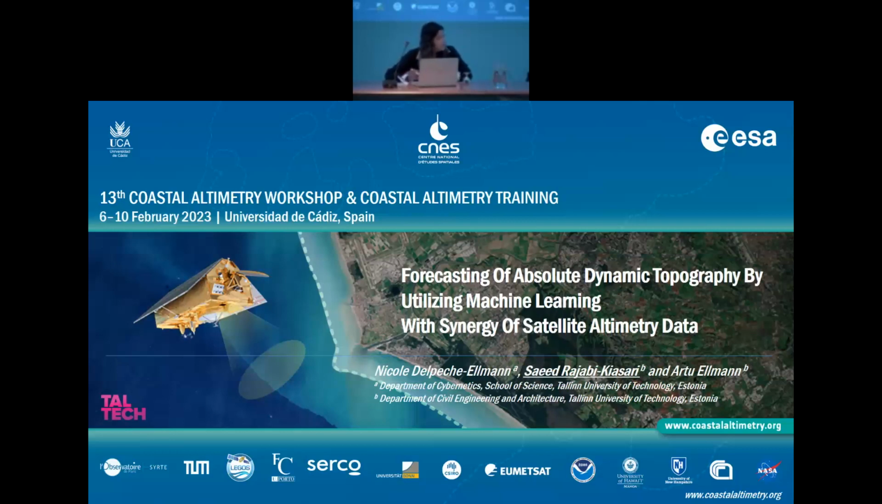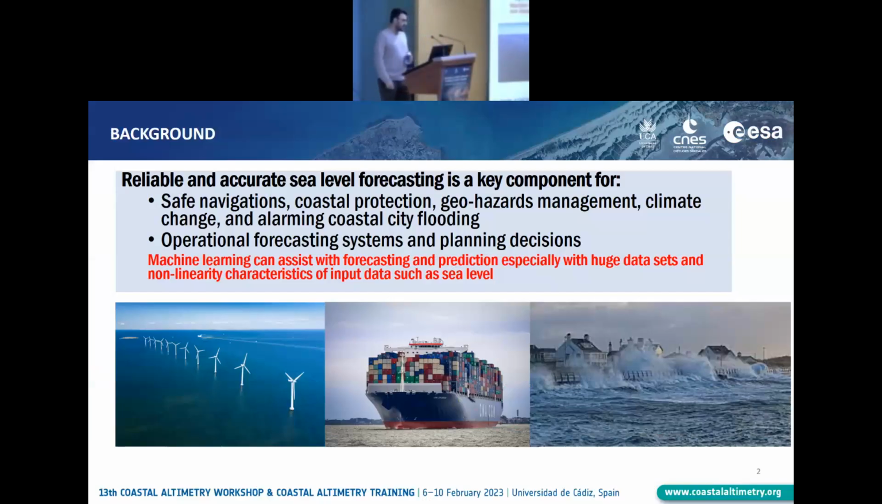Hello everyone, good morning. I want to talk about forecasting of absolute dynamic topography using machine learning and satellite altimetry. At first, reliable sea level forecasting is necessary for a range of disciplines, mainly safe navigation, coastal protection, and climate change issues, also operational forecasting systems and planning decisions. Machine learning, with its capability of handling large-scale problems and nonlinear relationships, can provide us good forecasting results,